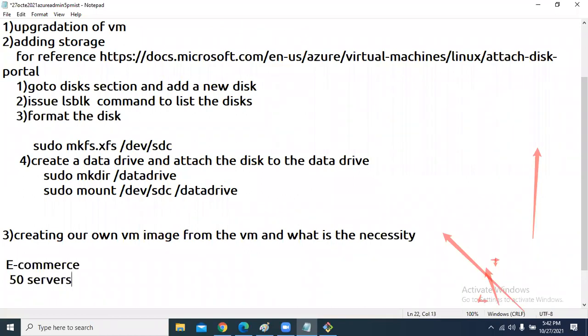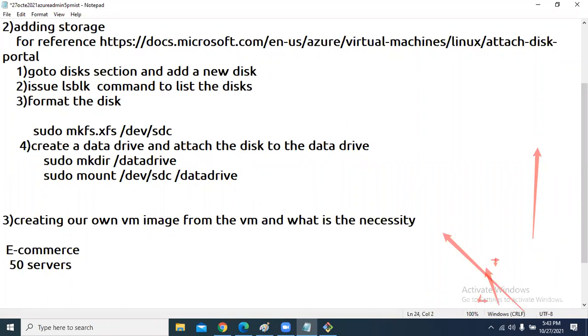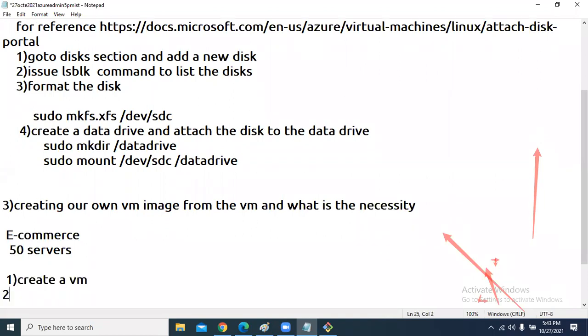Manually deploying this application to each and every server takes a lot of time, and that is also not the right approach. For that, what are we going to do? We are going to create a VM. After creation of the VM, we install or deploy the application in the VM.